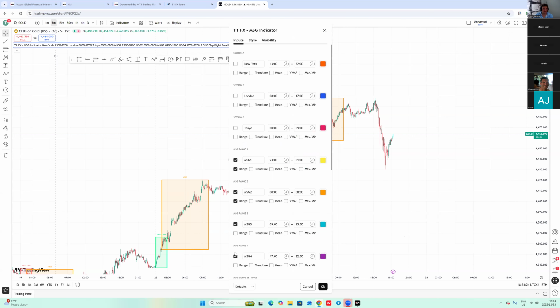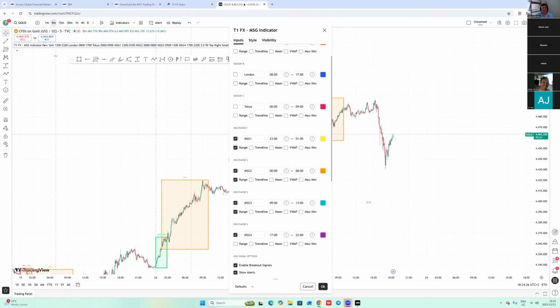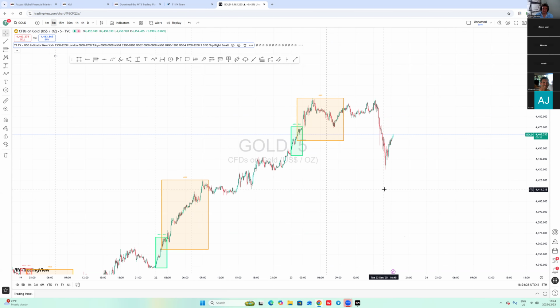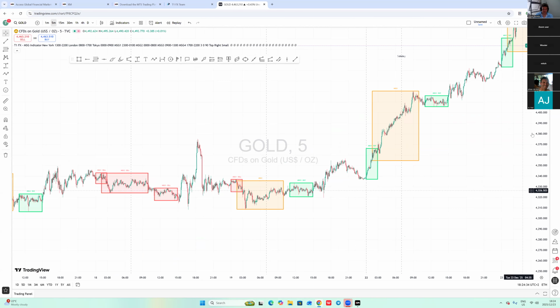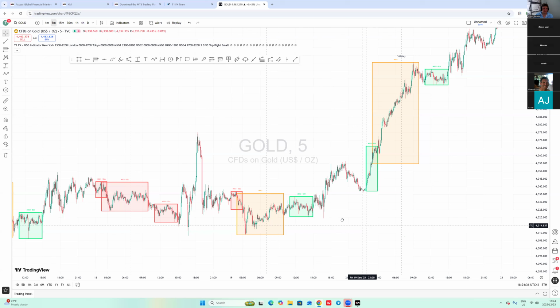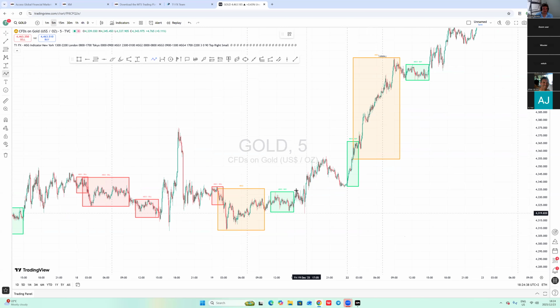Now let's go to MSG3. As long as you understand how the MSG works. MSG3, here it is. Okay, so let's just see what happens now. So look at this one. Here's MSG3. So it broke up. So it came back. High risk was triggered. Medium risk was triggered. And low risk was triggered. And boom, shot up.